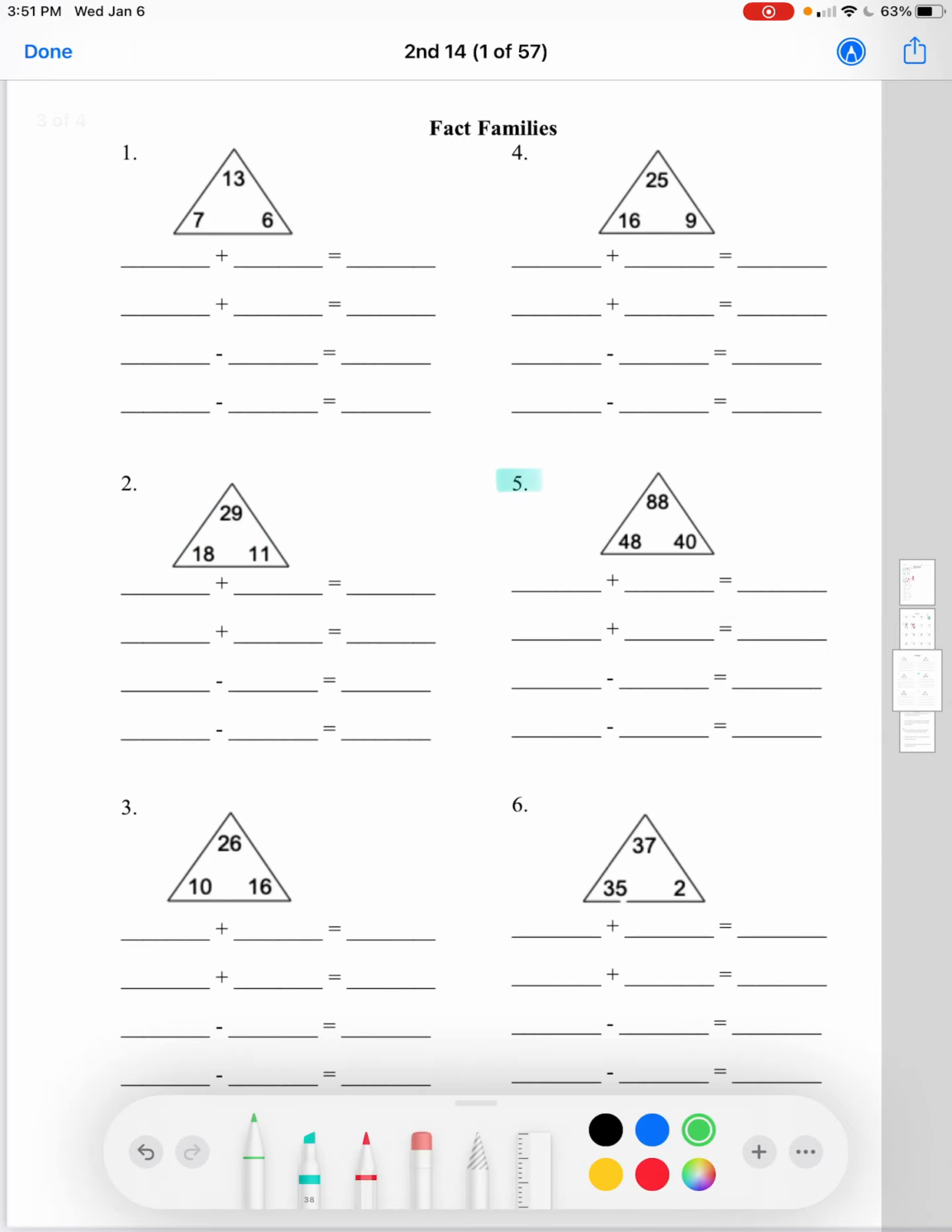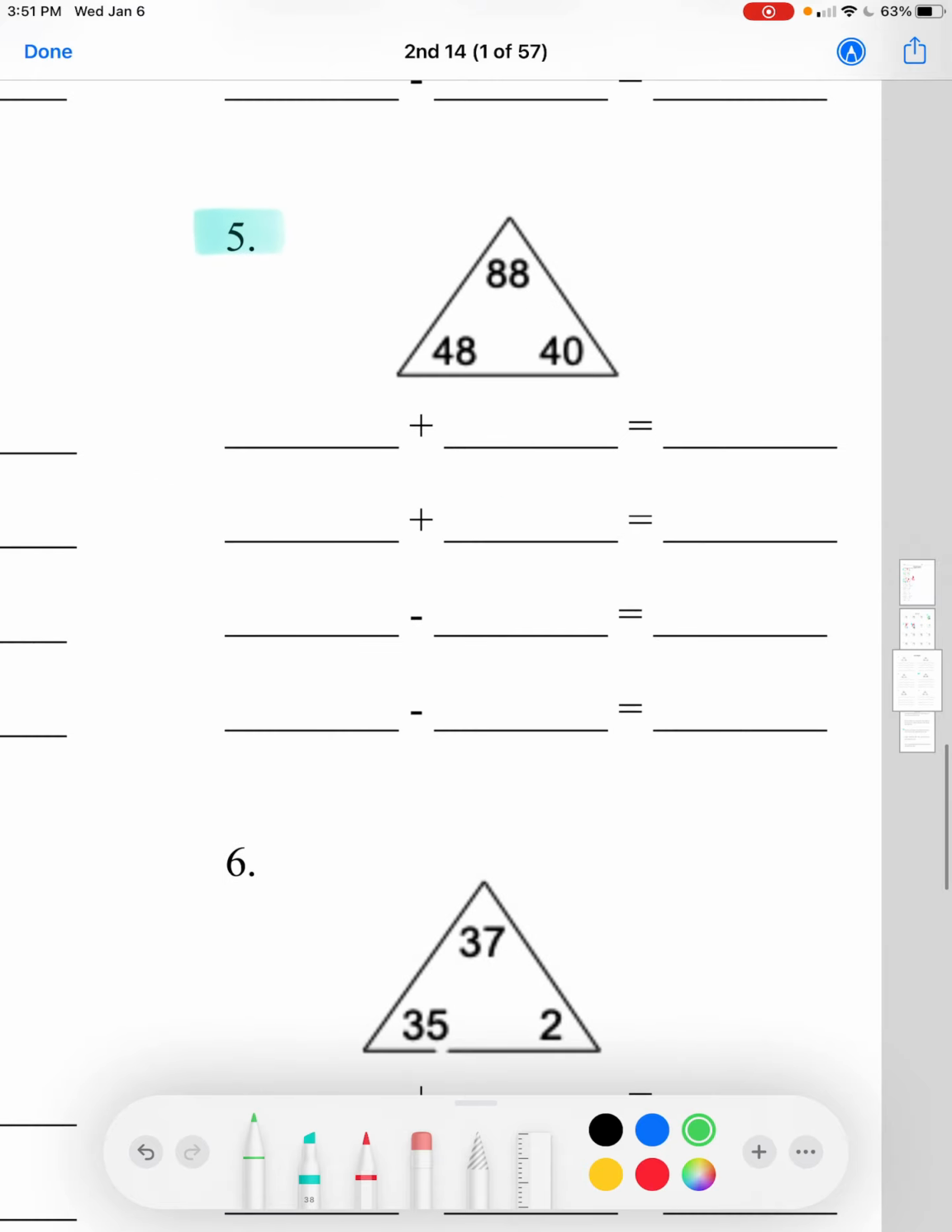Now we'll do fact families. We're going to do number 5. So we have 88, 48, and 40 in this triangle, and we're going to use that to make 4 different equations or number sentences. So let's look at the triangle. The numbers at the bottom of the triangle are going to be our add-ins for the first 2. So we're going to move the 40 right here, and we'll put the 40 right here,